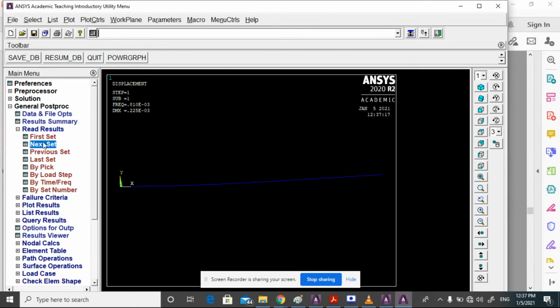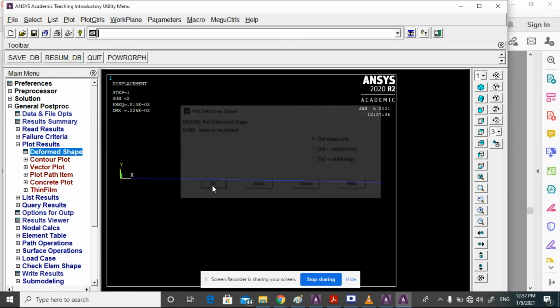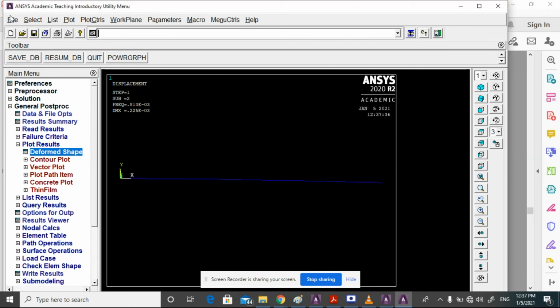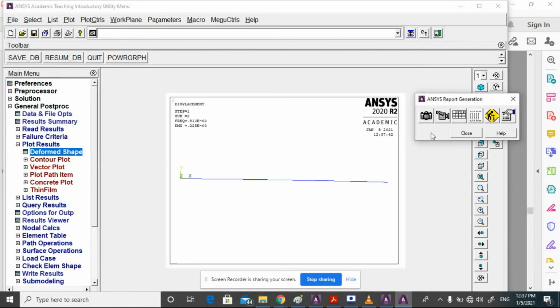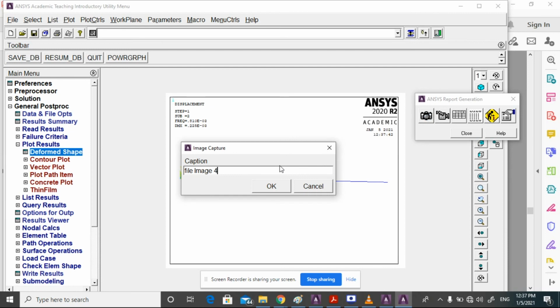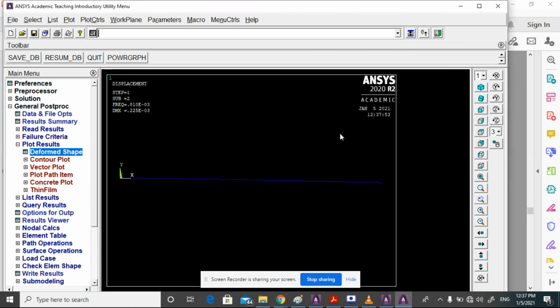Then plot results and deformed shape and so on, and then OK. Save the image as 8.2, then okay, close.